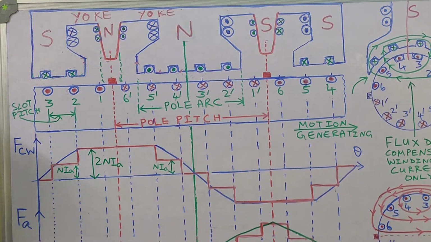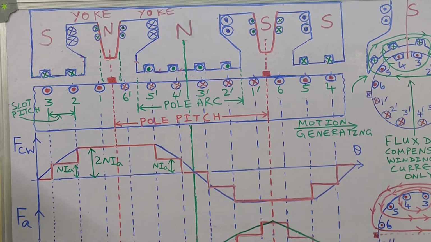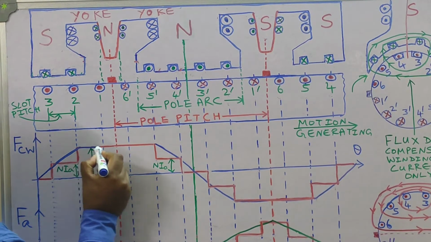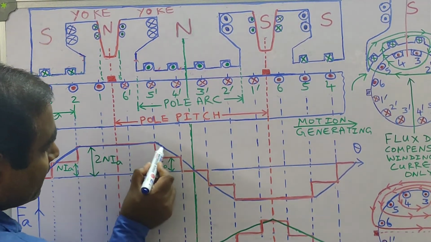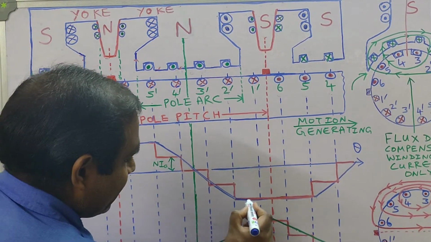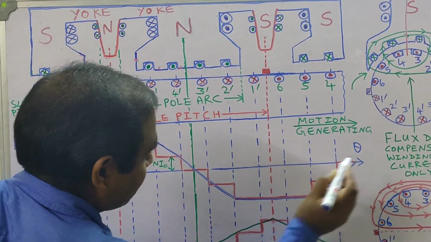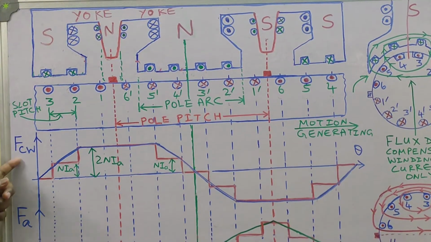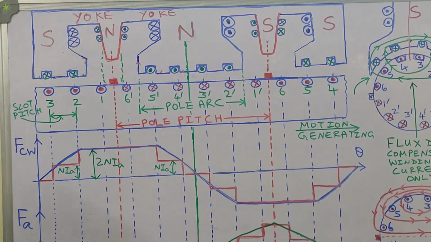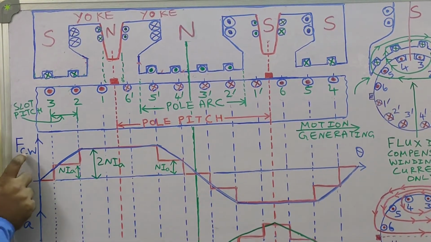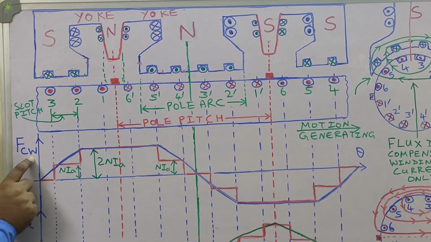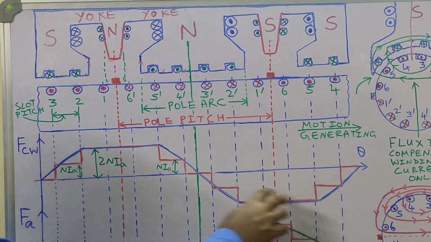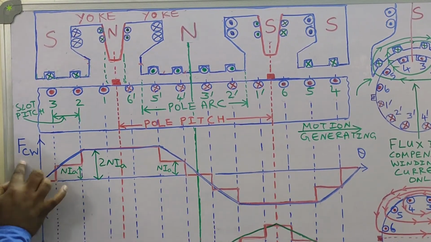If this thing is very narrow, it can be approximated by a linear rise, which I am indicating here by a blue color. Here it is actually flat. Again this is represented by a linear line. Again here it is flat. Again it is represented by a linear line. So this is the MMF variation along the space, or the MMF variation along the air gap periphery for the compensating winding. That's why you see here CW stands for compensating winding. So this is the MMF variation along the air gap periphery for the compensating winding.